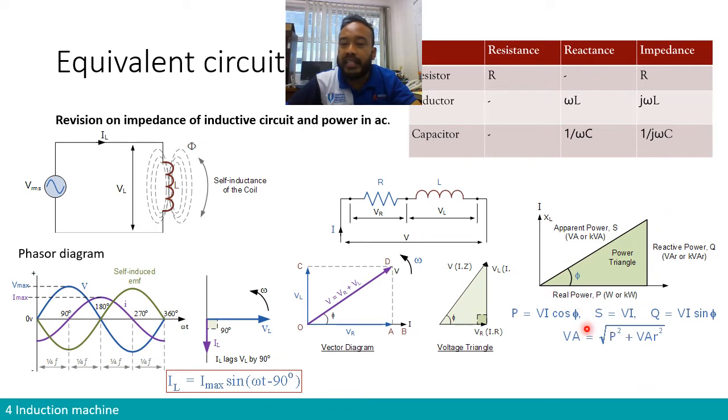So the apparent power is larger than the real power. The real power will produce the mechanical output, right? So either in heat or in mechanical output is the real power. The reactive power is basically the magnetizing power, and apparent power is the power that is absorbed by the input. So if the circuit is very reactive and the Q magnetizing power is too much, then we will need a lot of energy in input in order to produce certain real power. So usually what's going to happen is that the real power P is much higher in comparison to the magnetizing power